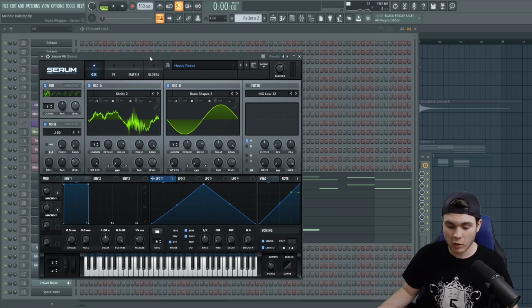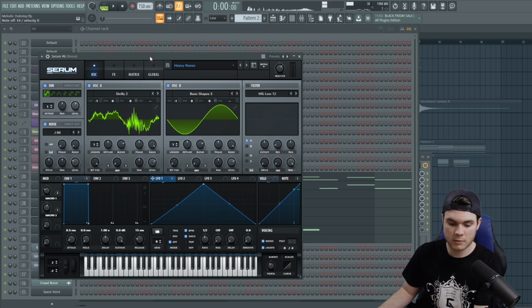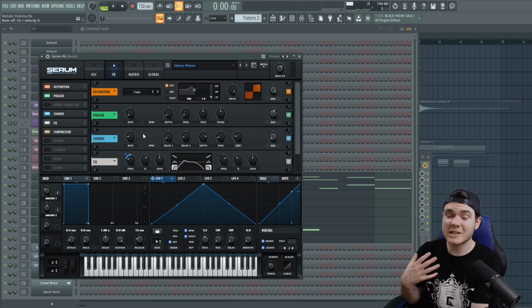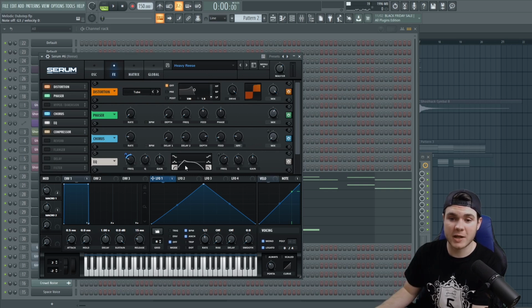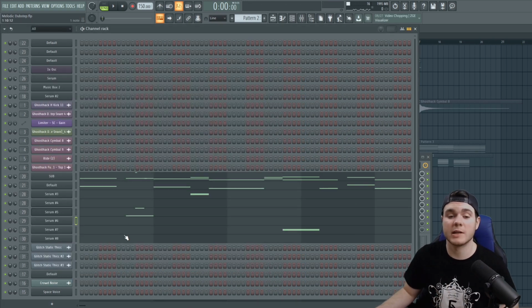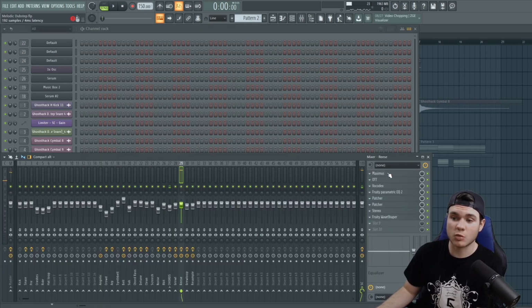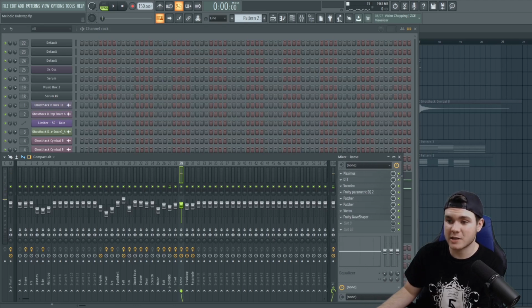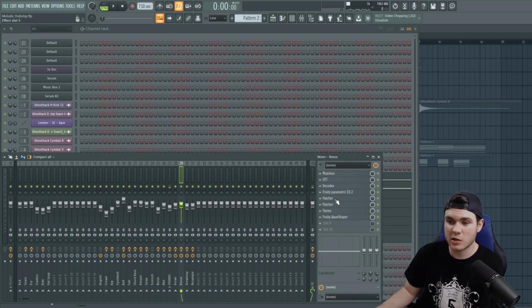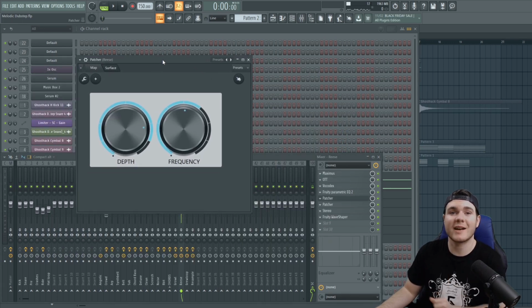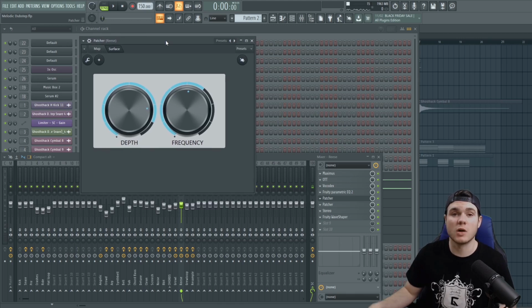And just like the other one, I also made an alternate version. Pretty much the only thing different about this version is I made sure that this modulation was slower. I just wanted one hit in a different spot to be a little slower, so I duplicated it and just made that change. And that's running through my Thicc rack as well, pretty much the same deal here. We have Maximus, we have OTT, Vocodex, EQ, Patcher, but we also have this Patcher right here, which is one of kind of the hidden gems in this video,